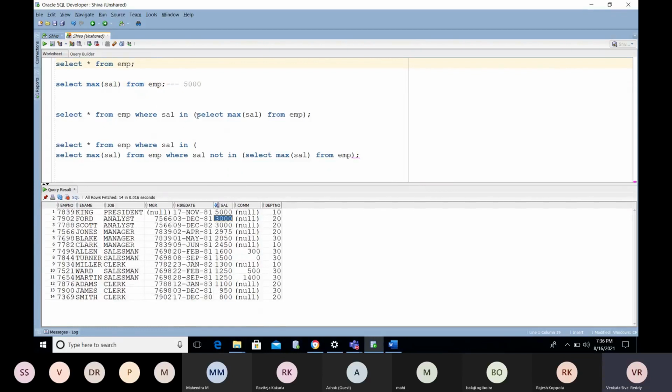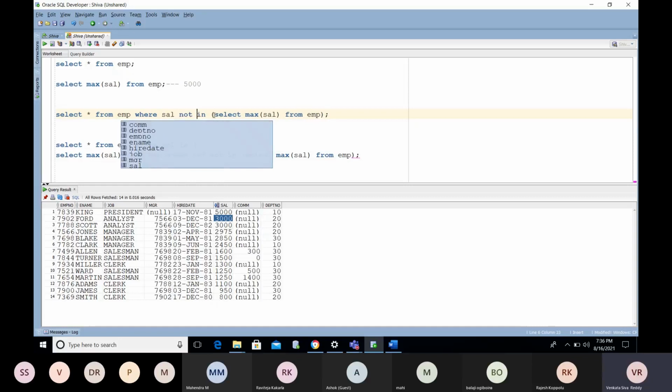If I want to find that, what do I need to do? First I need to find the maximum salary and put that into a subquery, this is called a subquery, not an inline view.